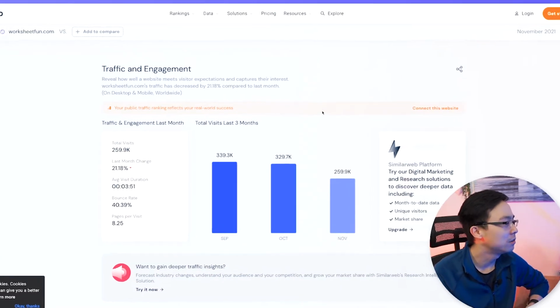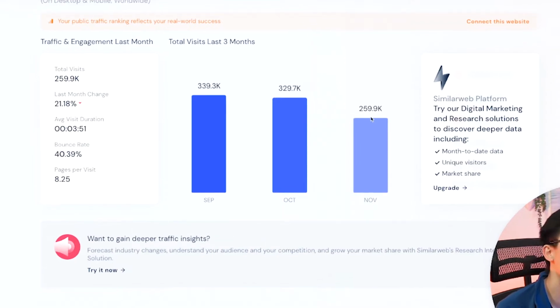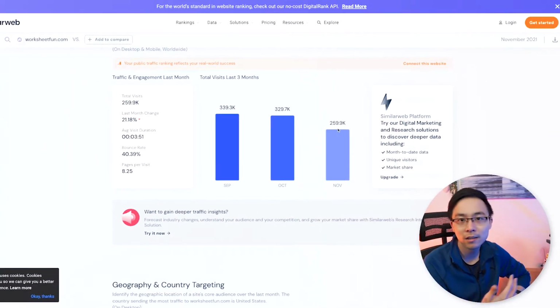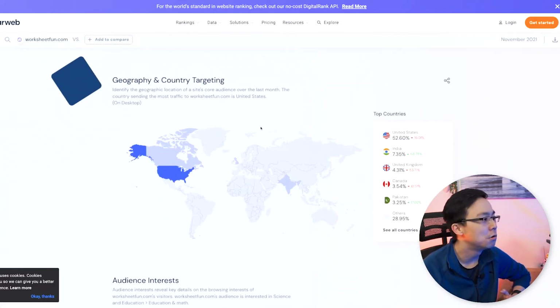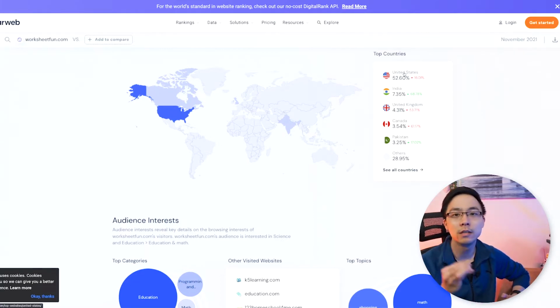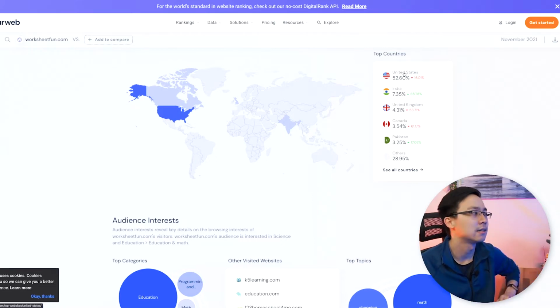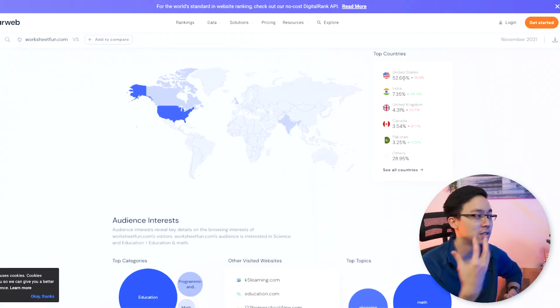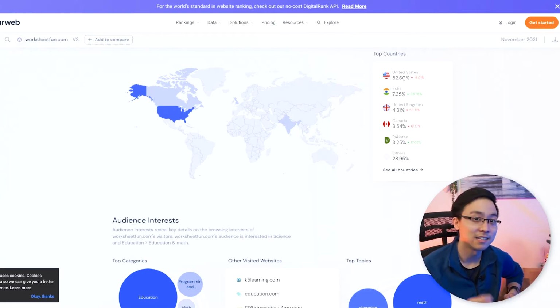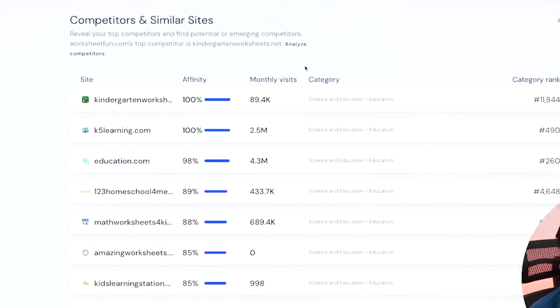But either way, what you'll see is that they ride the trends throughout the school year. This makes sense because usually when it comes to later on in the school year, there might be the holidays, kids are out of school, they're not doing as much homework. And so you'll start to see that most of their traffic is coming from the United States. And what that tells you is that this is really lucrative traffic because advertisers always want to pay for traffic that's US based. And just having a website of my own, which is also in the education world, I can tell you that 260,000 views is nothing to laugh about. So as I scroll on through further down on this page though, I can see some other similar websites.